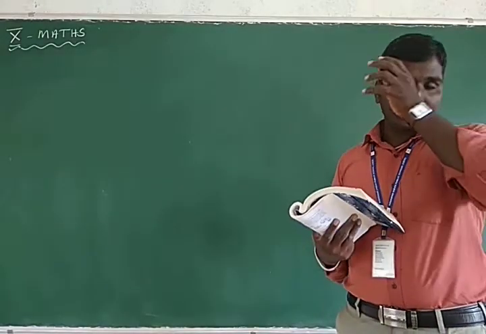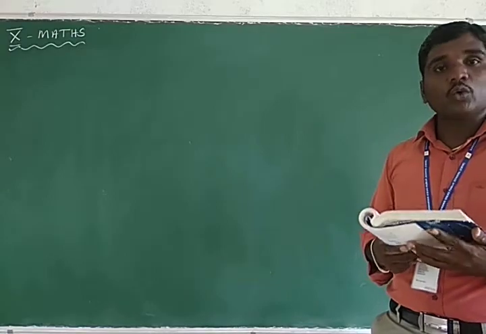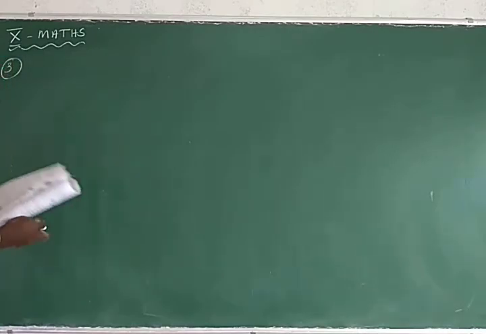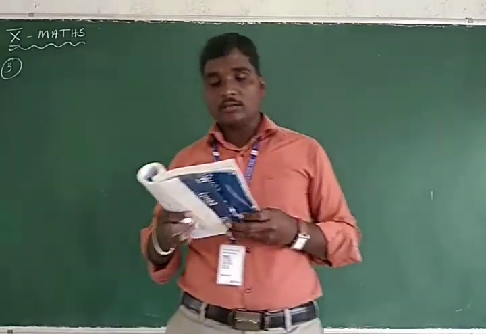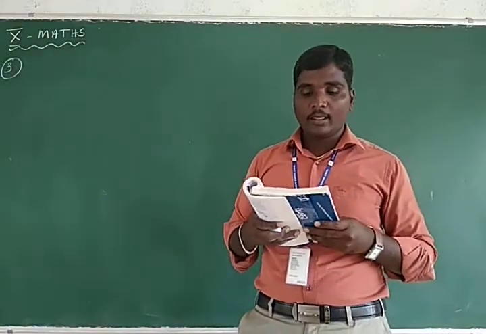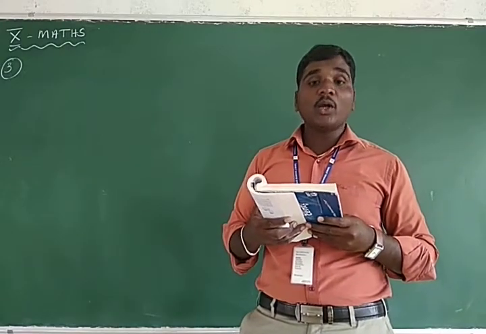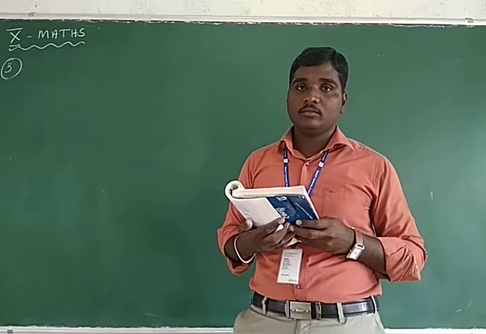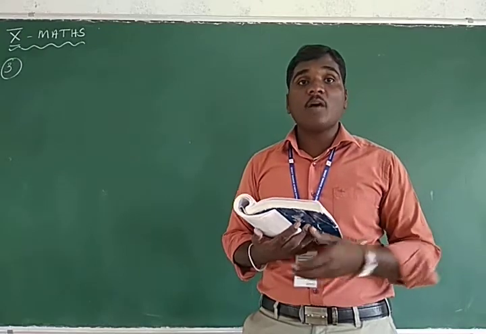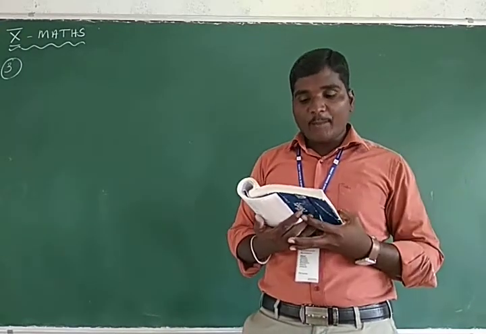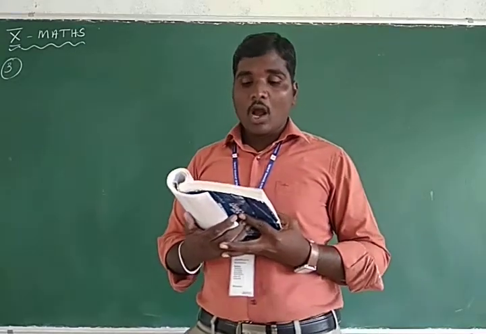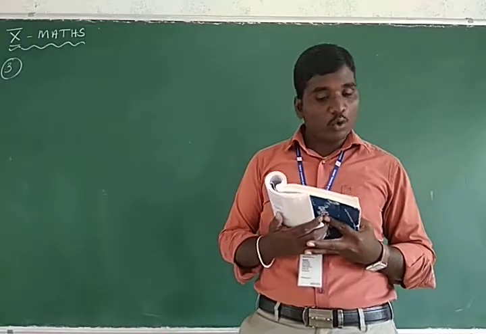Today's class continues from the previous class: volume of combination of solids. Already two questions are completed. Now the third question. Write the question from your book. A clove jar contains sugar syrup up to about 30% of its volume. Find approximately how much syrup would be found in 45 clove jars.